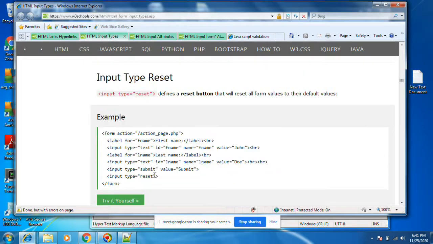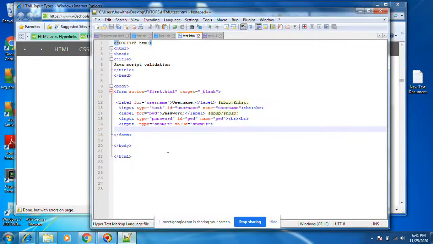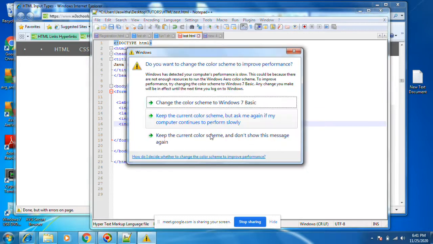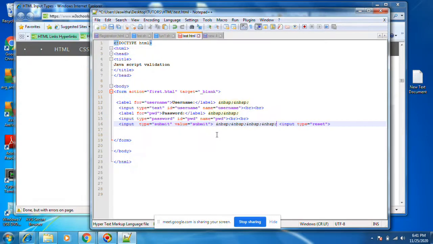Input type equals reset. This is another reset button. We can add it here. We can give some space between these two commands. Save.